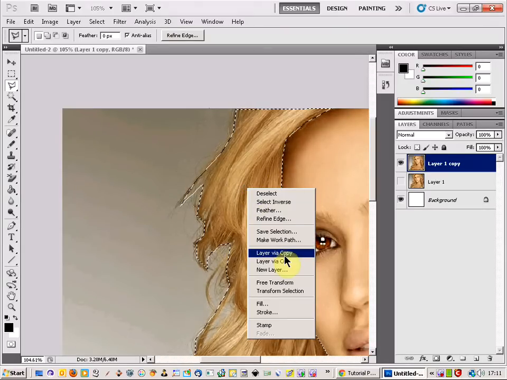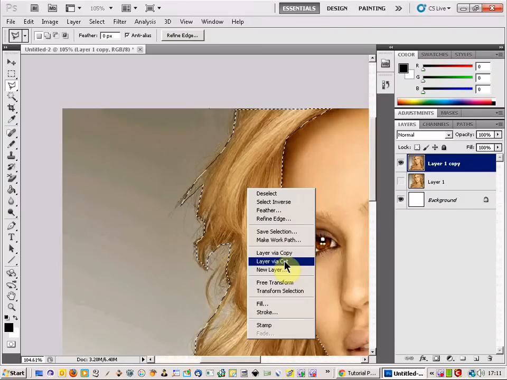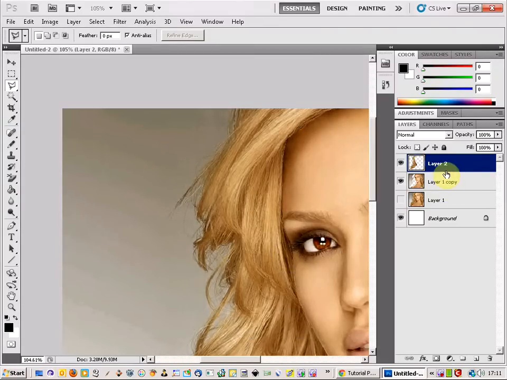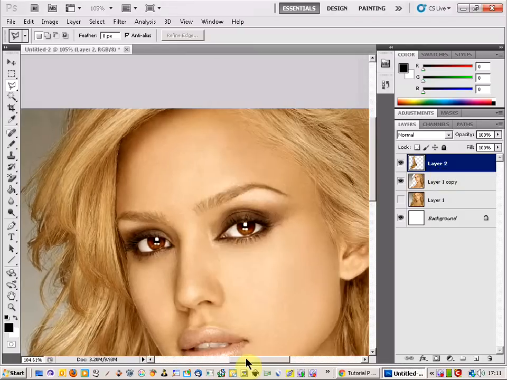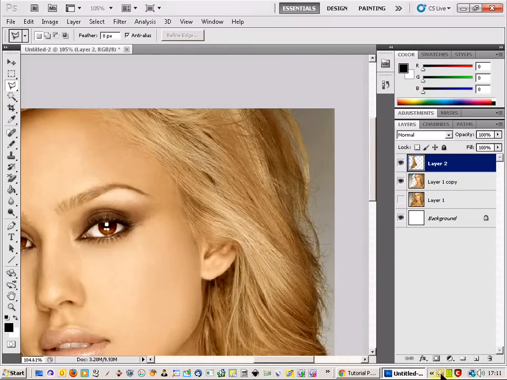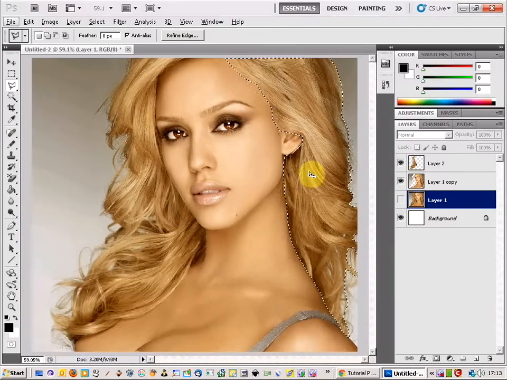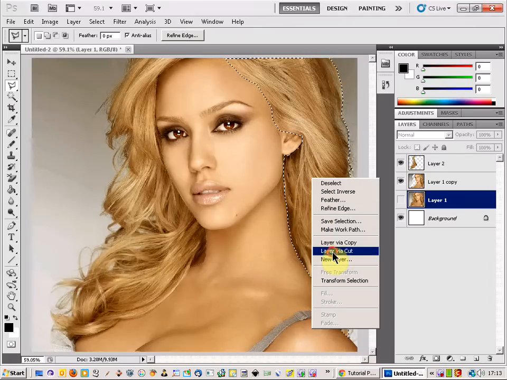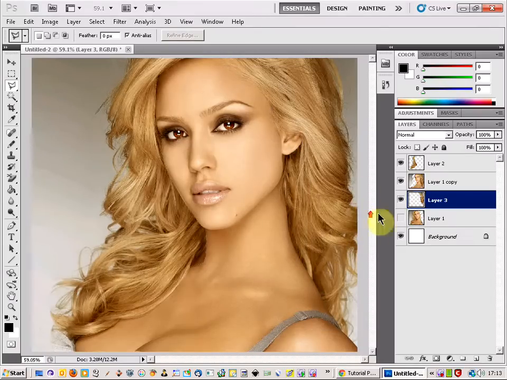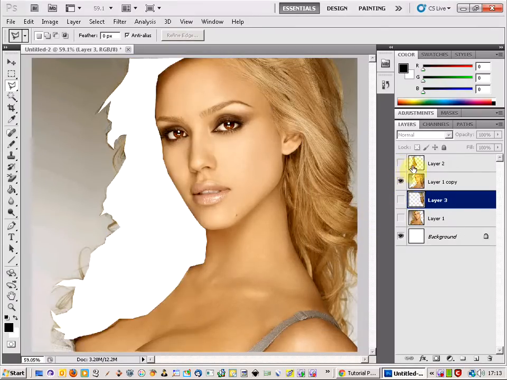So I'm just going to right click now and do layer via cut, and that'll give us a new layer there. Right, I'm just going to pause it just now and do the other side quite quickly. So there we go, we've been round the right hand side now. I'm just going to right click and do layer via cut again as well. So if we just take these 2 layers off,